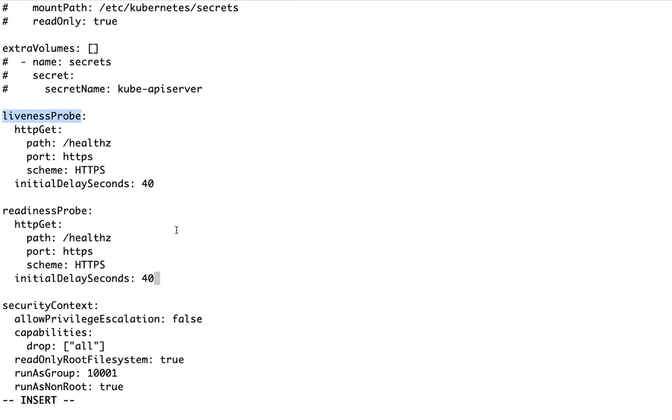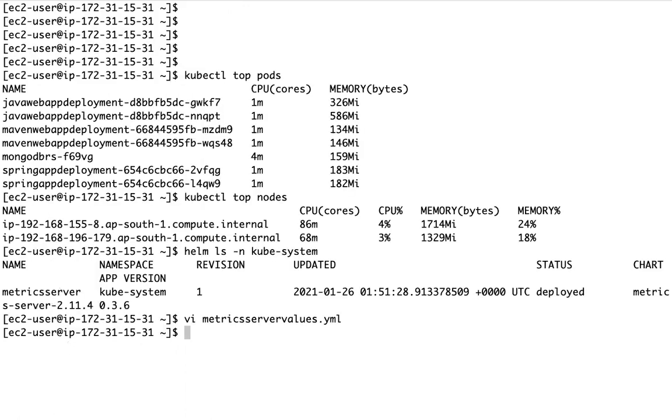Only this one, at a command, while executing the command itself, I can pass using --set. Now I can update that Helm chart something like this. Helm upgrade, this is my chart, this name, -f, that updated values. If you want to change multiple values, or if you want to change only a few values, you can use this --set.